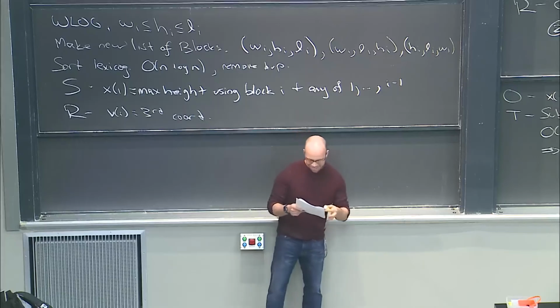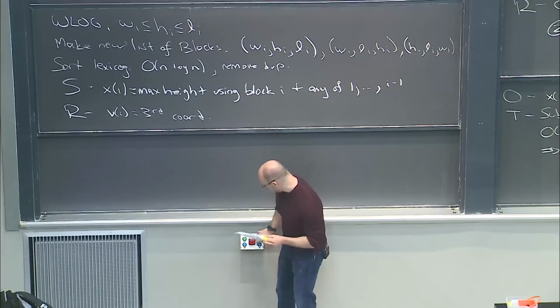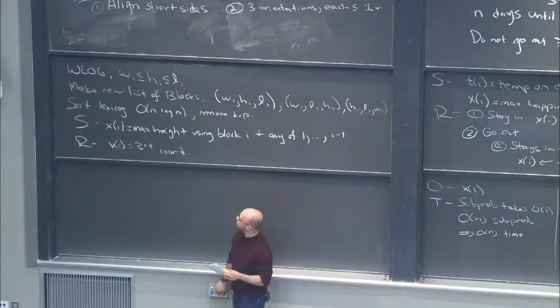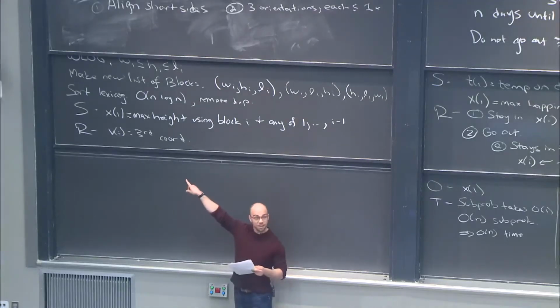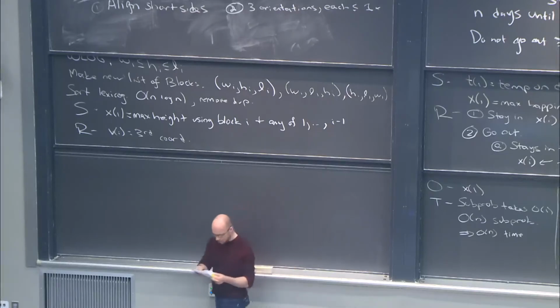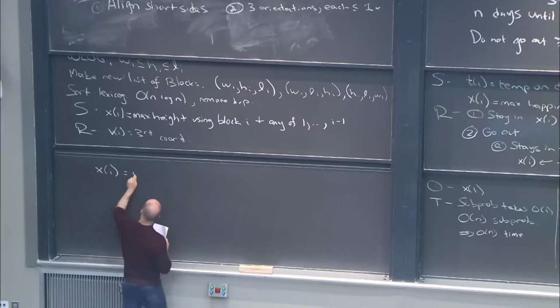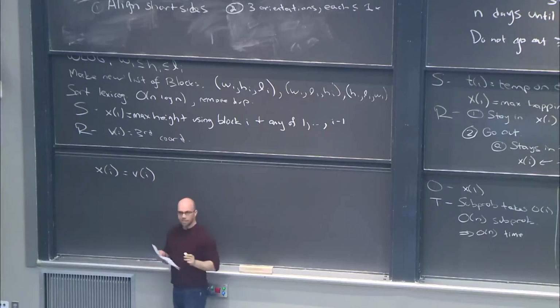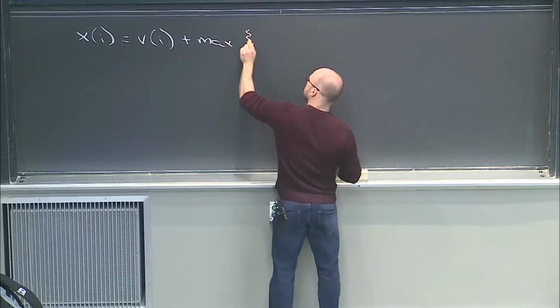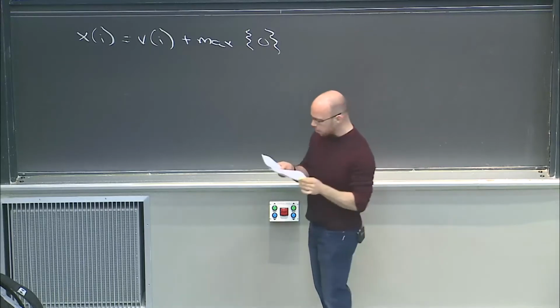That's fine. Okay. Right, so what is my height if I use xi here? Well, I get some height from vi, and in addition to that, I get whatever I stack underneath that guy. So in particular, I get the height of the block that I just decided to use. And now, what are all my cases? Well, I could decide to do nothing else, like just not use any other blocks. That gets me a height of 0. Or,